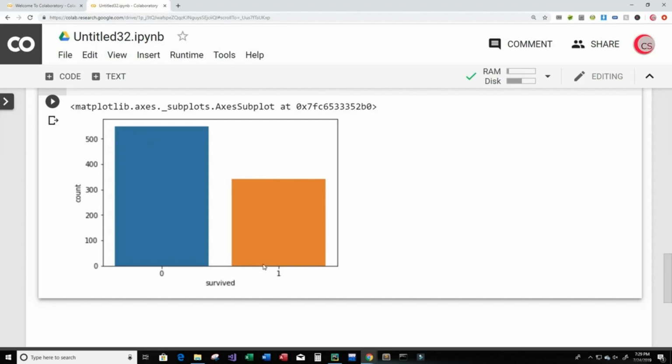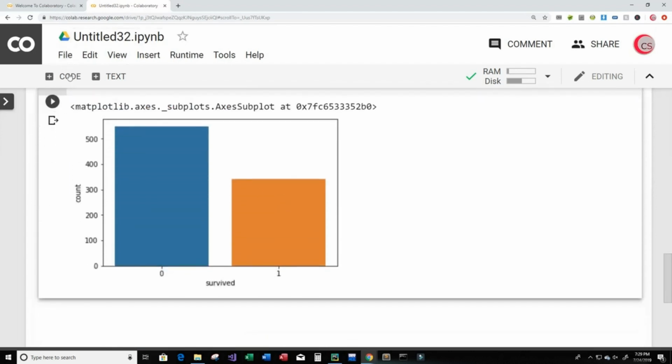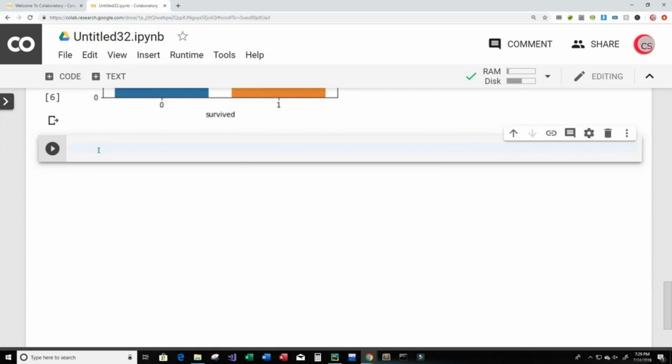Okay, all right, so now that we got this count for our survivors, let's get a count for other columns, like the who column, the sex column, the P class, the SIB-SP column, the Parch column, and the Embark column. And to do that, I need to create a new cell, and I will explain what these columns mean and some of the values that they have inside of them as we go on here,